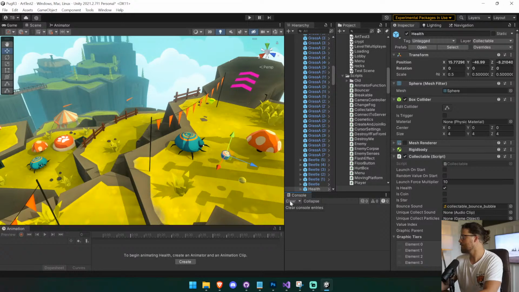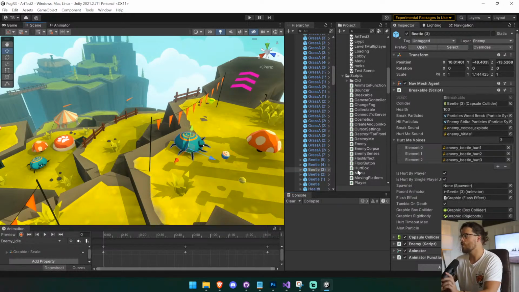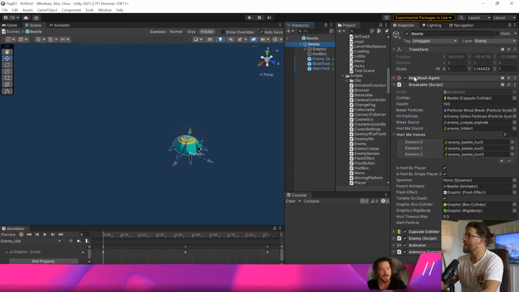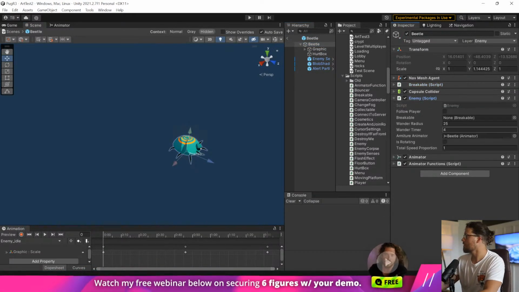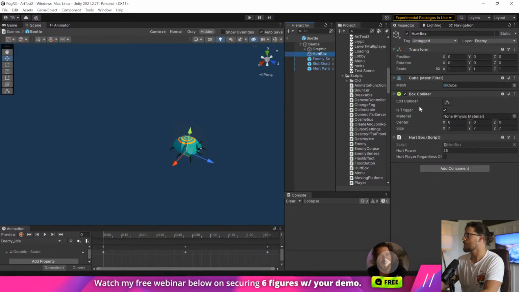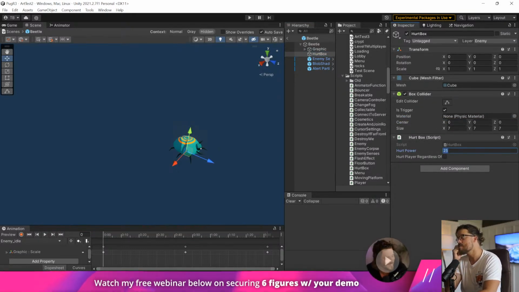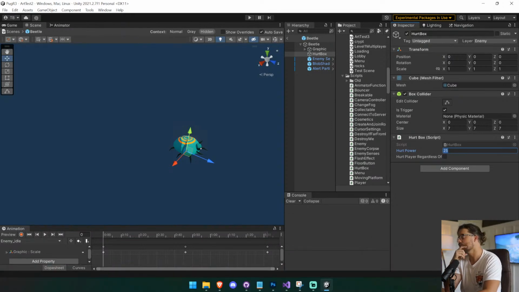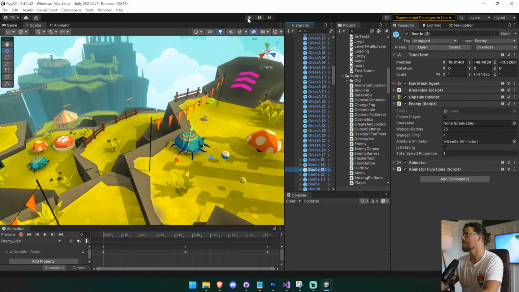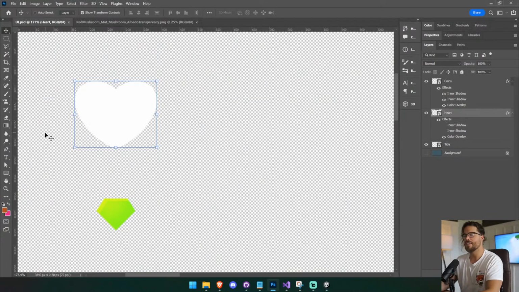Let's double check. So that also means that when we get hurt by an enemy, I think a value of 12 and a half is a reasonable number. Okay, so let's go to our hurt box here. 25 is pretty good actually though, because that means it's pretty punishing, which we definitely want, because the game is pretty easy already. So now what I want to do is actually just go to the heart, and let's create